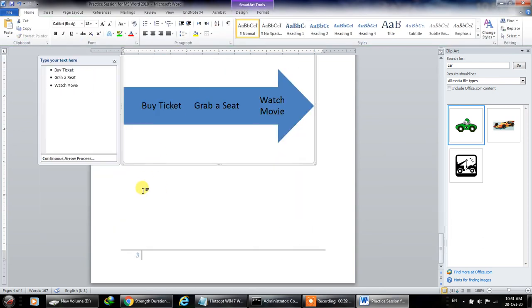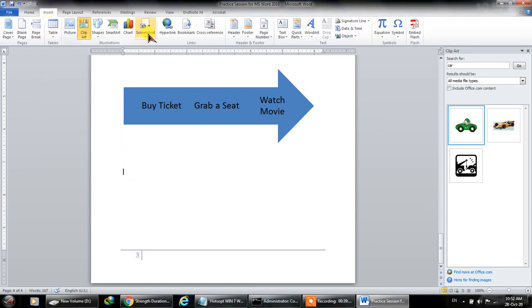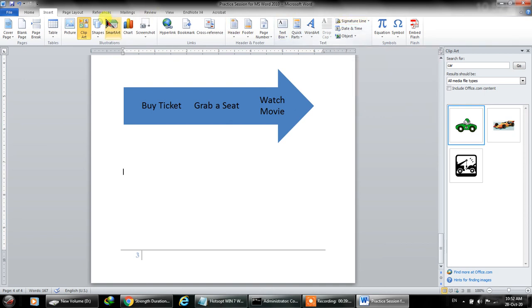Now I'll go to insert and take a screenshot or hyperlink. Even if I want to create a bookmark or cross-reference, header, footer, page number, text box, these are just menus or functions that you have to explore.